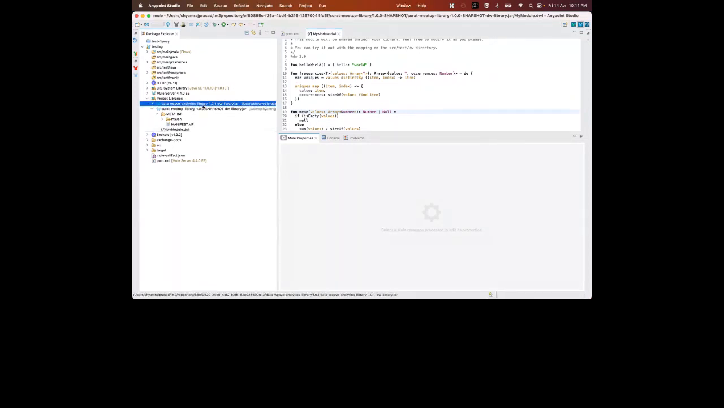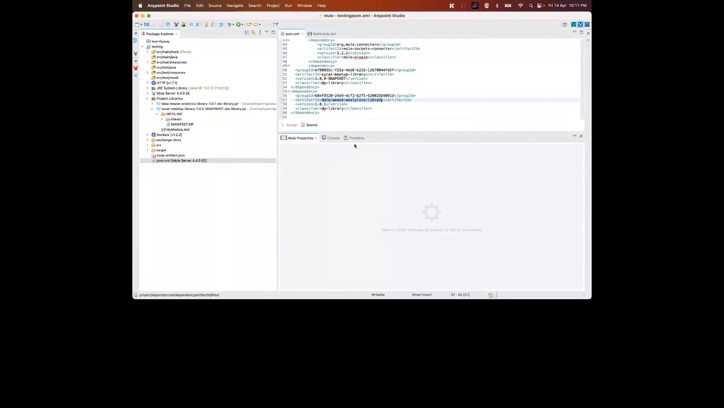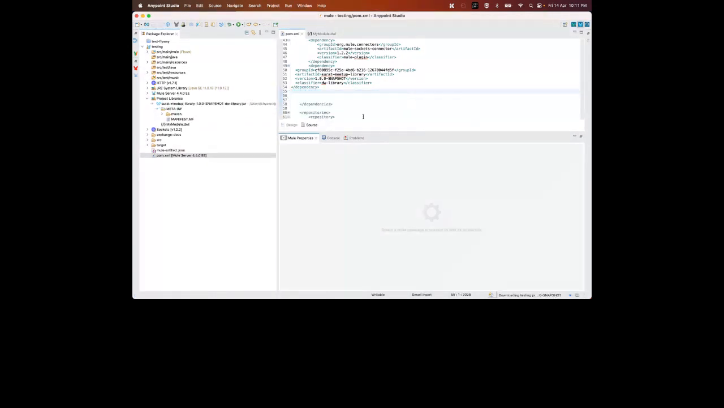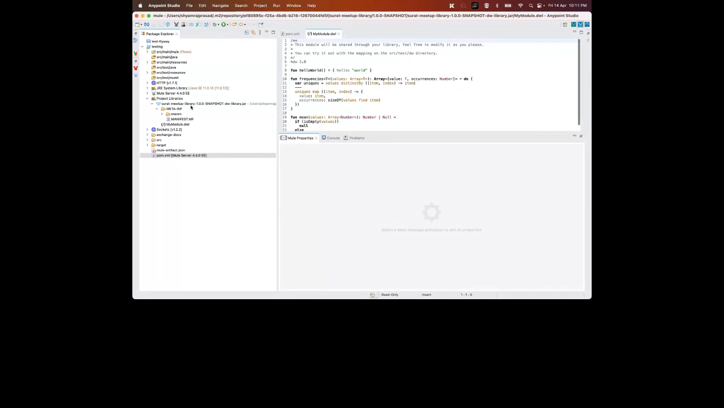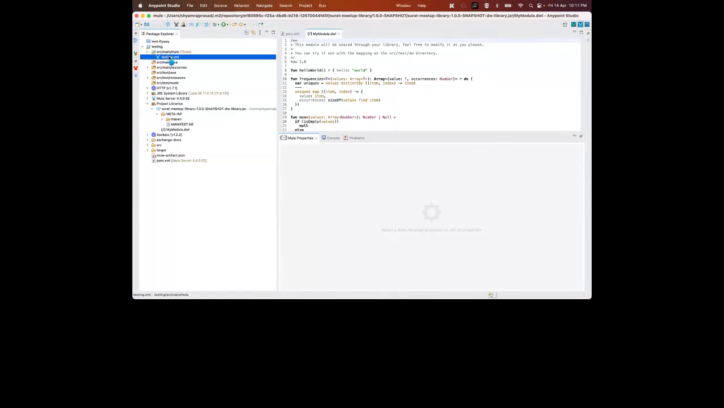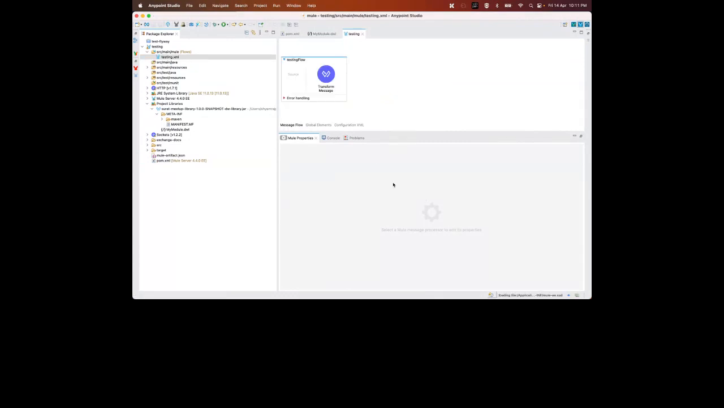Maybe we can remove this one, otherwise we will get some conflict. If you remove this one and save it, that library will be removed. Okay, go to the transformer, and we have written